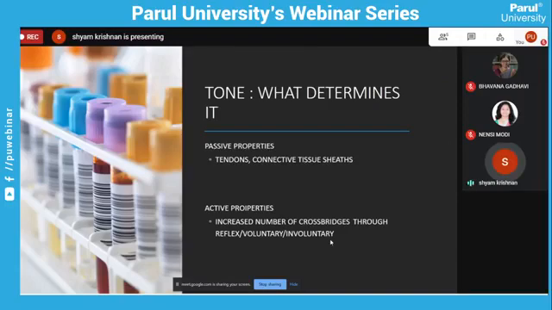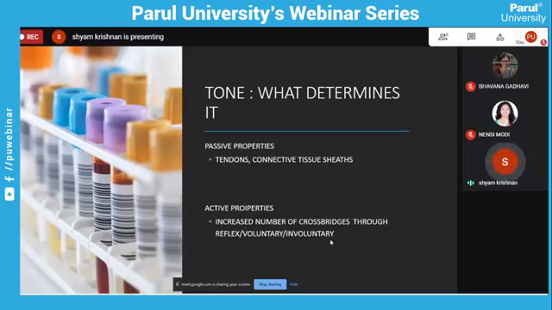For example, the inherent stiffness in tendons and other connective tissue structures associated with muscle, like the intramuscular septum or the musculotendinous junction, the tendons, etc. The inherent stiffness or elastic properties of those structures offer a resistance to extension, or a resistance to being passively stretched. So that is the first property which contributes towards the resistance offered to passive movement.